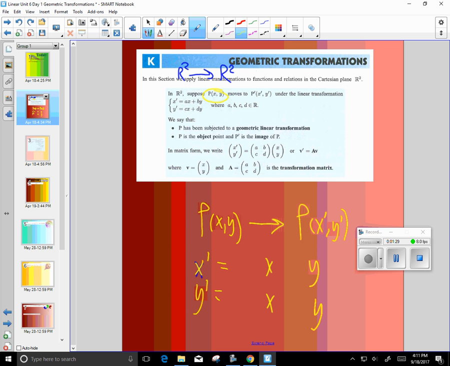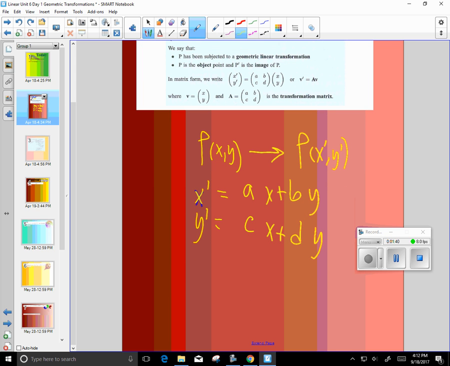Well, you're going to manipulate it with different constants, a, b, c, and d. And as we know, with anything combination-wise, you could write this as matrices: x', y' is something times x, y